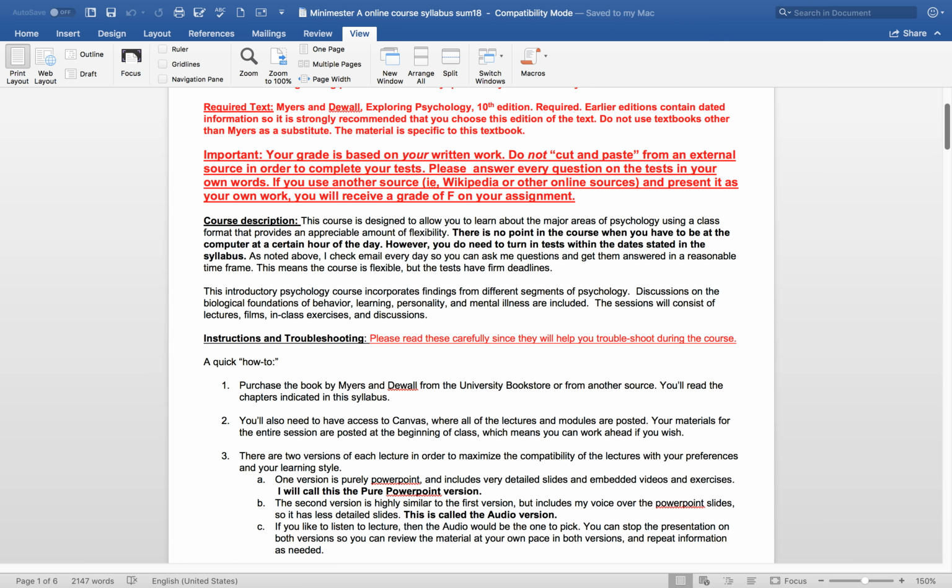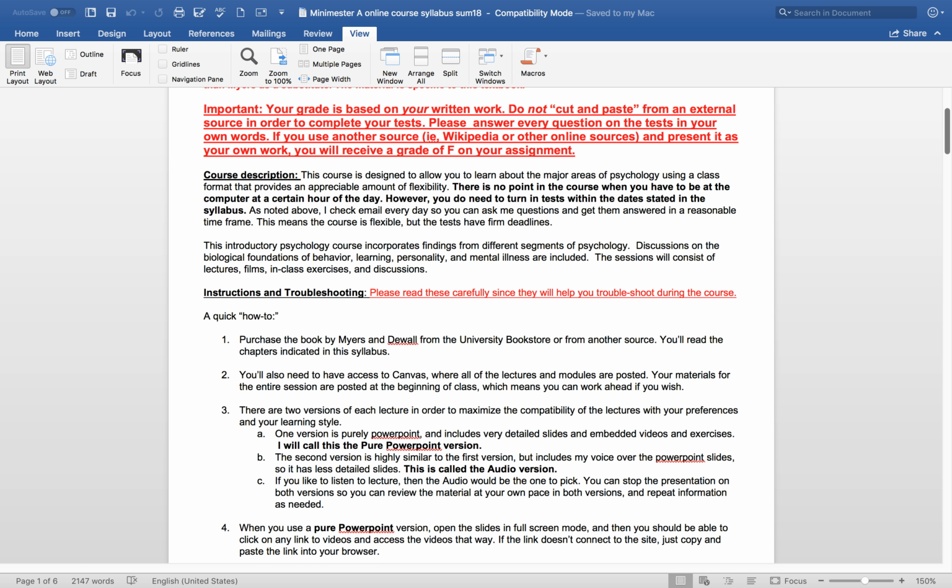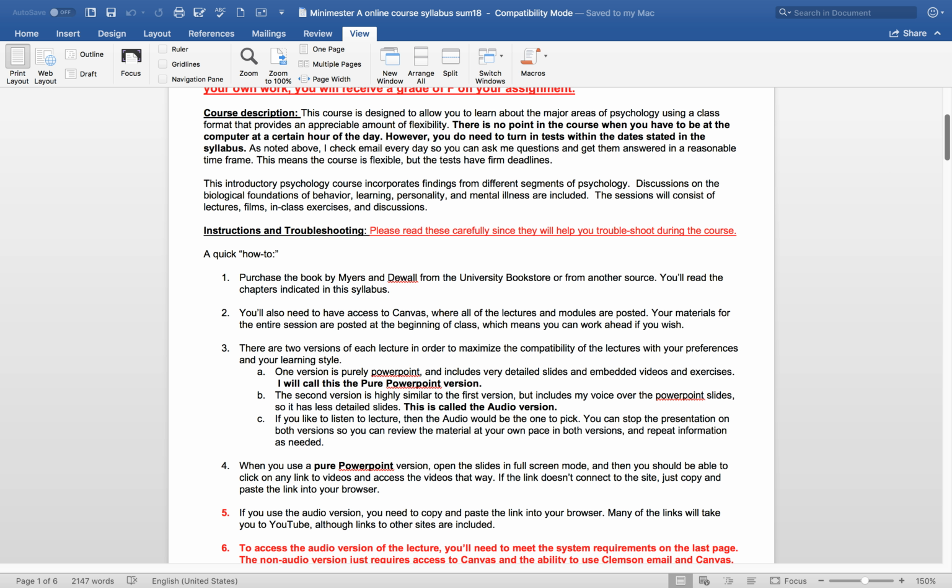A very, very important point is your grade is based on your written work. All of the tests are open book, open note, and in return for that consideration, I expect it to be your own work. So if I ever find anything that you've just cut and pasted, and I'll check this through Turnitin, I'll give you an F on the assignment because I take plagiarism very seriously. I know, quite frankly, that does not apply to most of you, but I want to make it very clear. Every piece of work should be in your own words. I feel very strongly about that, so make sure you do that, and that means you need to buy that text.